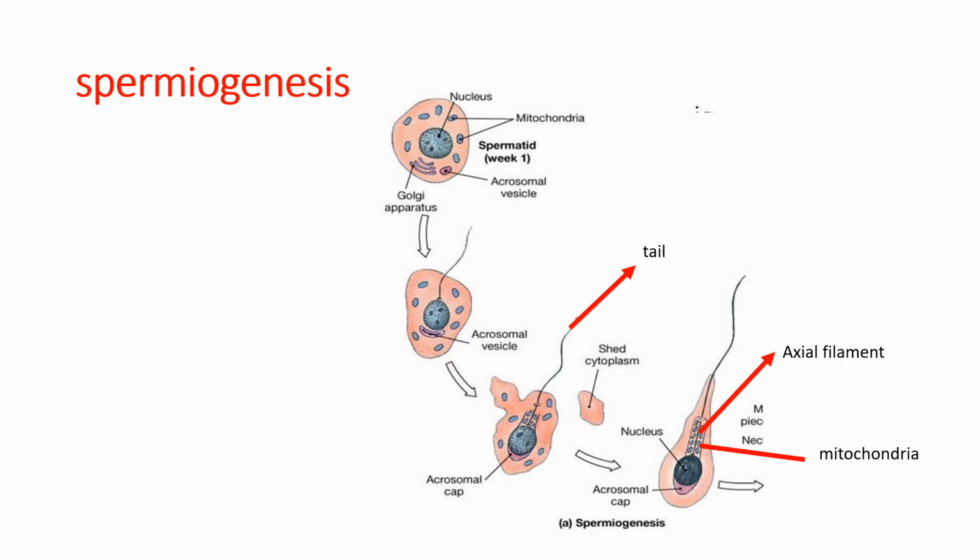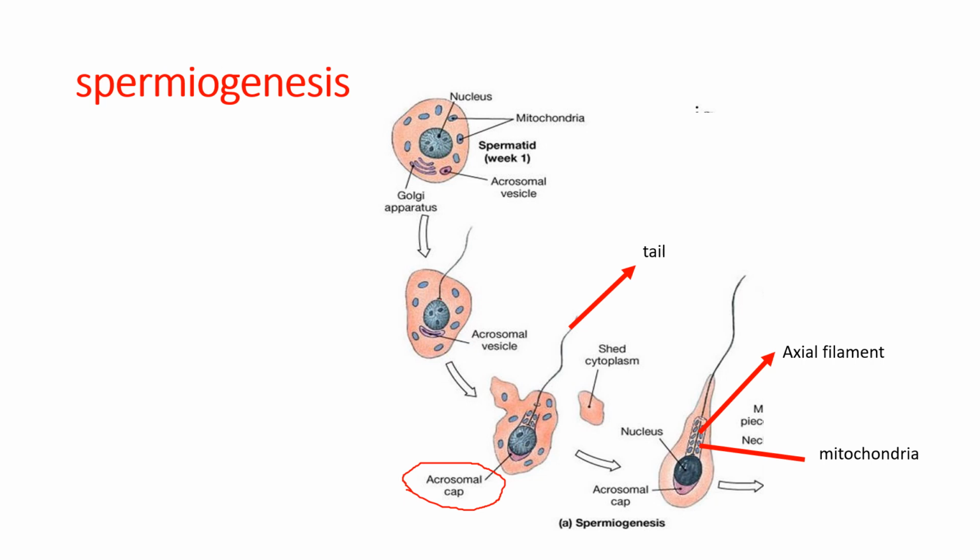Here the flattened vesicles of the Golgi bodies cover two-thirds of the nucleus and form the acrosomal cap. Here you can see the acrosomal cap which covers two-thirds of the nucleus. This we can also call the head cap of the spermatozoa. Next, the centrioles are present in the posterior pole.